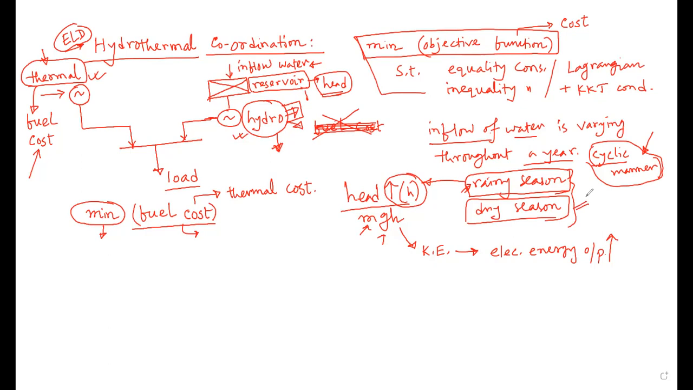In the dry season, you will get less head height. So h will become less, kinetic energy will become less, and the possible output of electrical energy from the hydro units will become less. So what you will do in the rainy season, because you have a higher amount of contribution possible from the hydro, so during the rainy season, what we can do, let's say, this is my rainy season, this is my dry season,